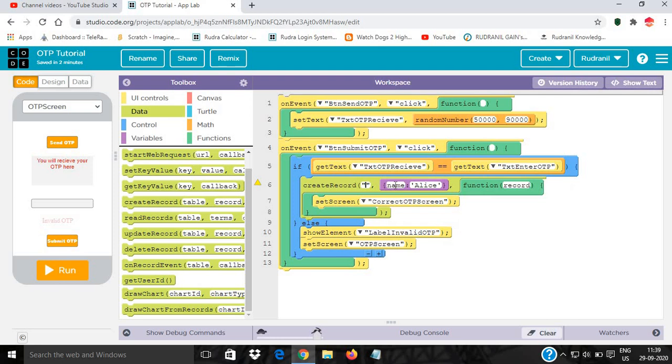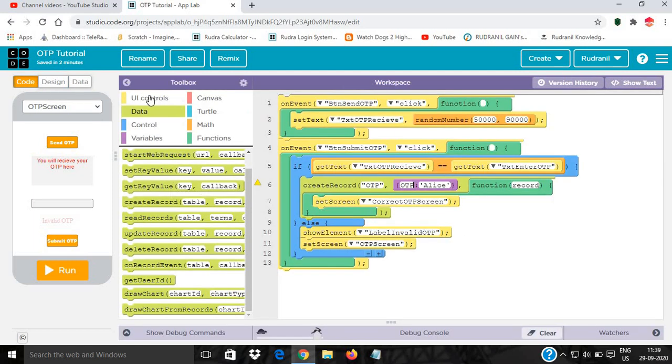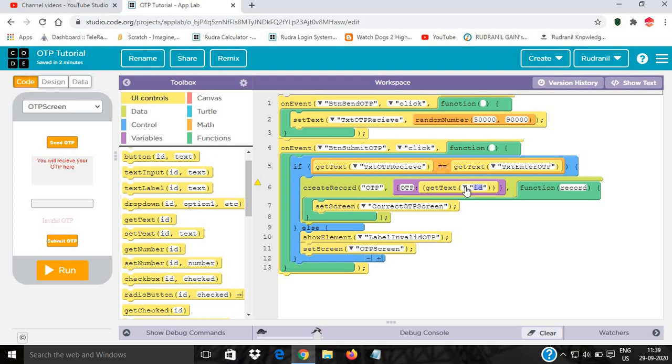Create record, and the table name is OTP. Let us check once. Yes, it is OTP. And then in the name, edit the name and name it this OTP is equal to the controls get text from txt enter OTP or txt OTP receive.